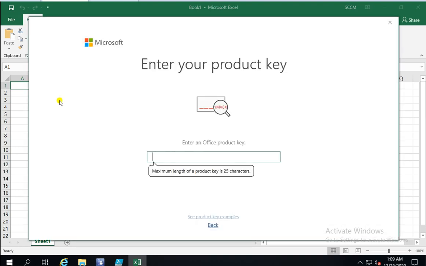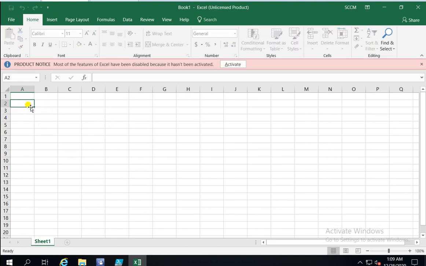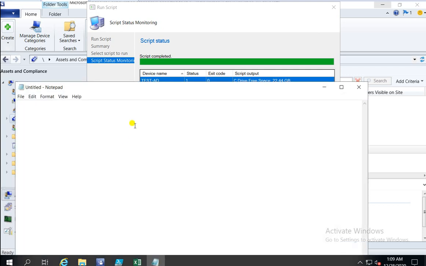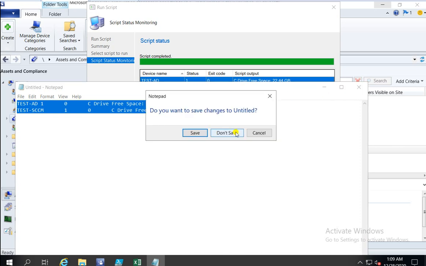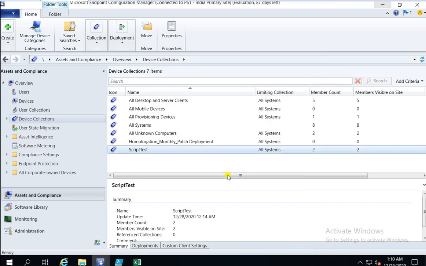Okay, this is not licensed, but fine. Something goes wrong in my Excel. It's not activated, but let me show you in Notepad. If you press Control C and Control V, the data will come like this. If you paste it in your Excel, it will paste in the same way. This is the first column, second column, and you can see the data. The headers you have to type manually. So this is how you can run the script.